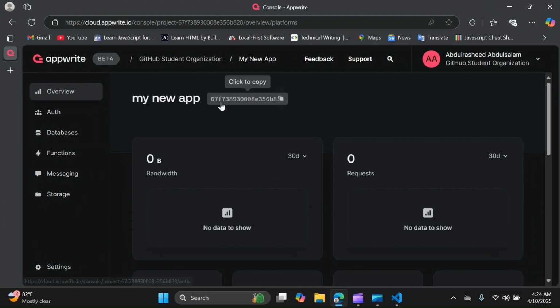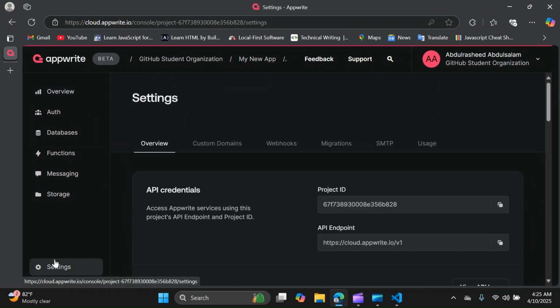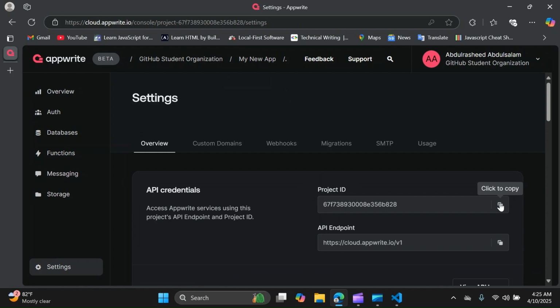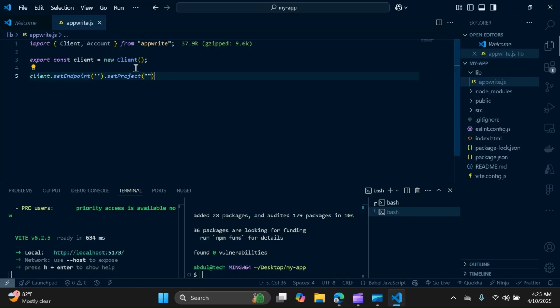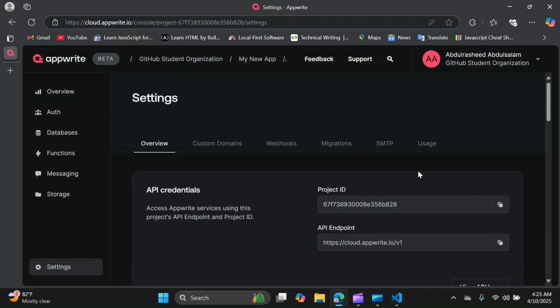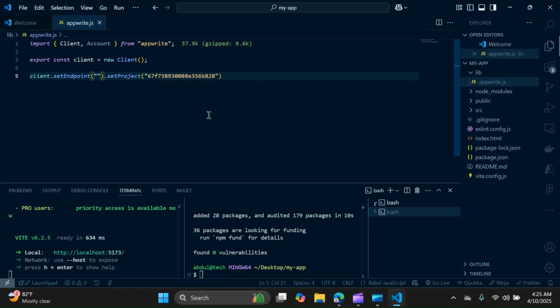Head over to your Appwrite and go to settings. Here you see your project ID. You can copy it and paste it here. Also, where you have the API endpoint here, you copy it and paste it,